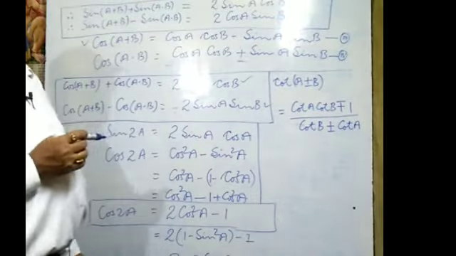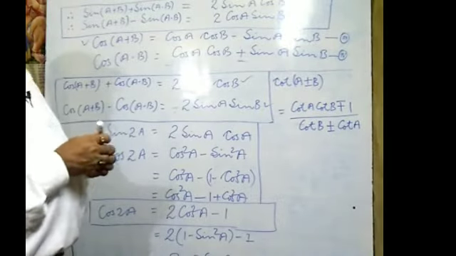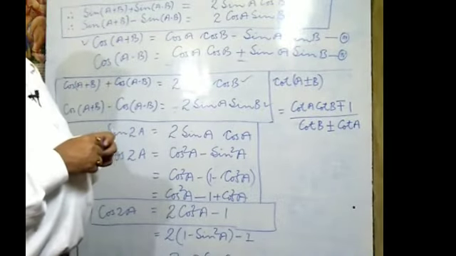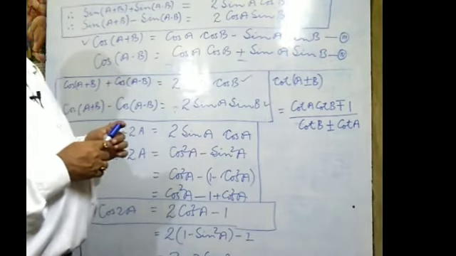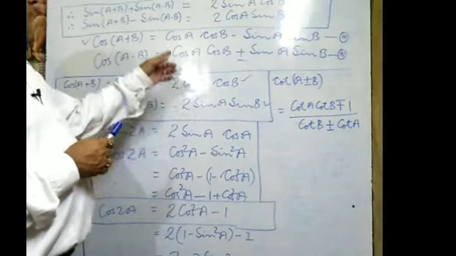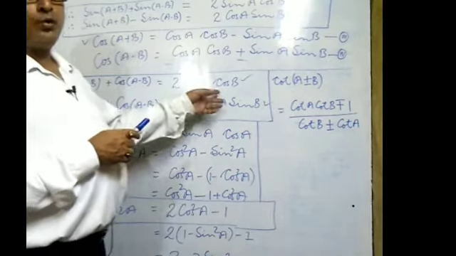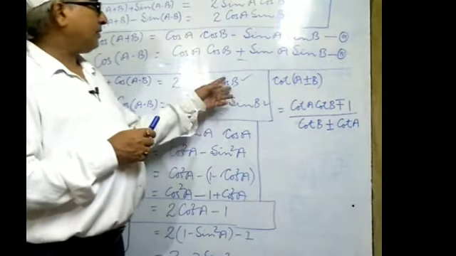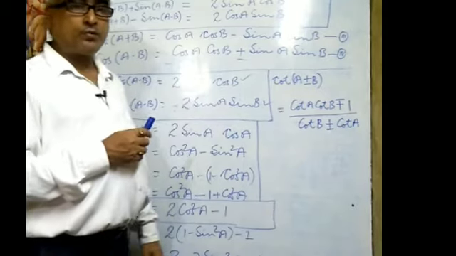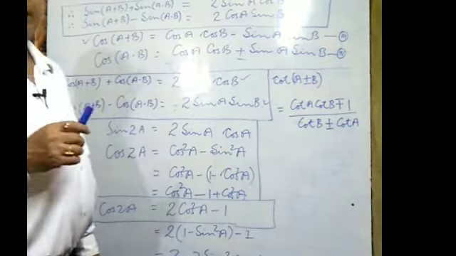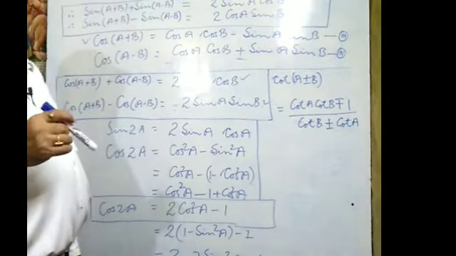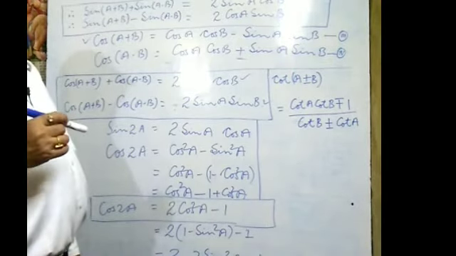In this way we have established 4 formulae with the help of the formulae which were studied in the previous class, first year. On the basis of that, we have calculated 4 more identities. With the help of these identities, several problems will be solved. Let us consider other identities which were already taught in first year, class 11.